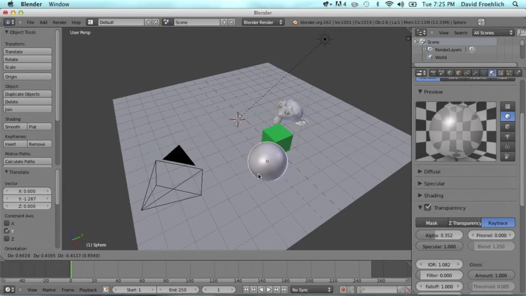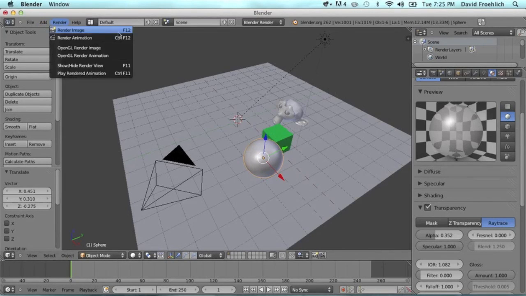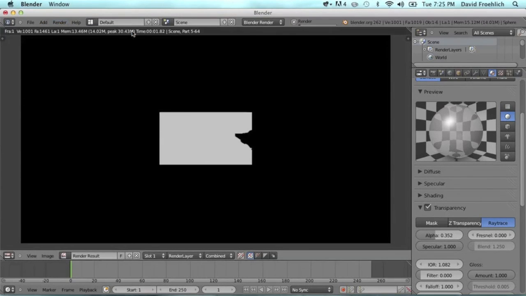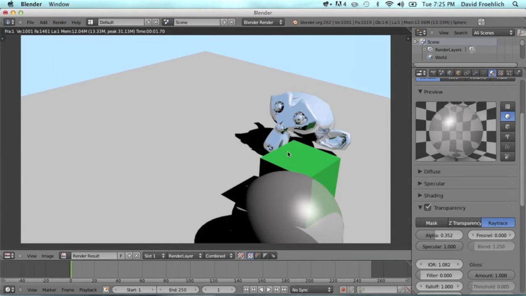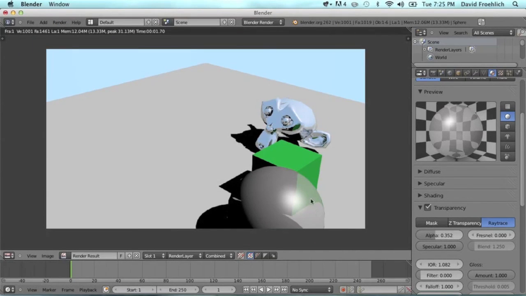So I'm going to put it in front of the cube. And so now that it's in front of the cube, it will be distorted when I render that. So now when I go ahead and render that, the cube is distorted behind my sphere. So yeah, you can see that the green cube is bent or distorted behind the